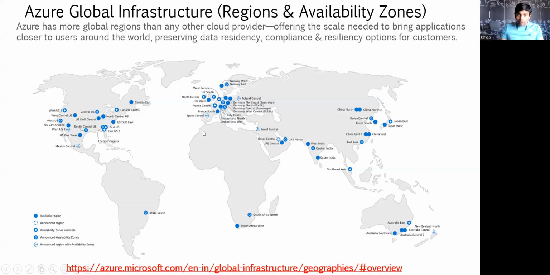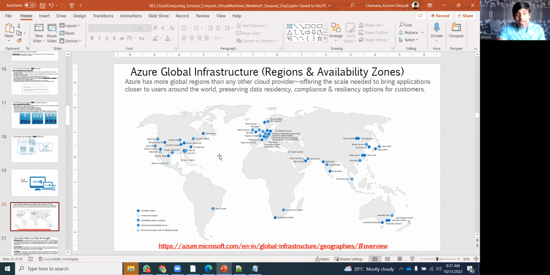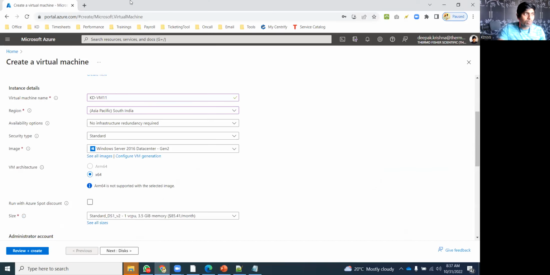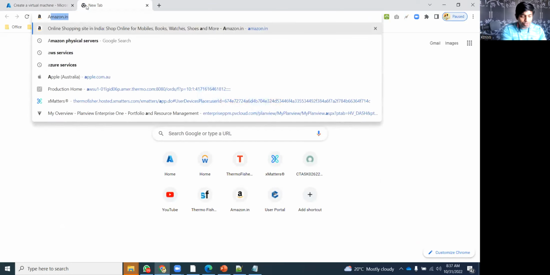I showed you the globe view, right? I think I showed. Yeah. So rather than a globe view, let's look at a map view. This is much easier. First of all, where did I pull this map from? I showed last time, sir. If you go to Azure